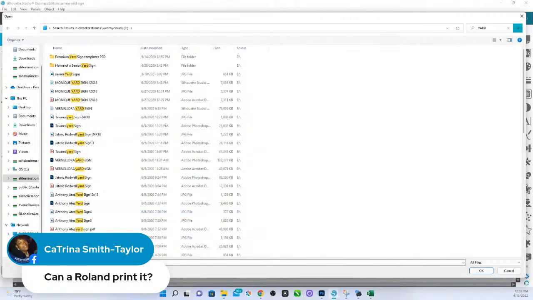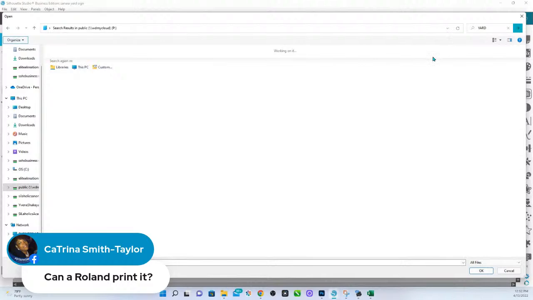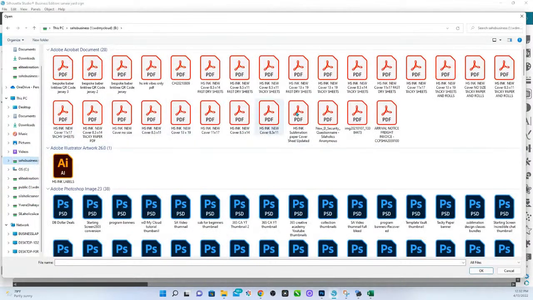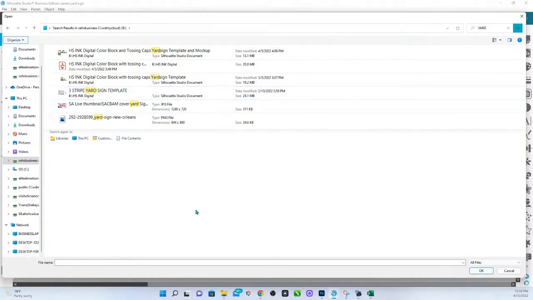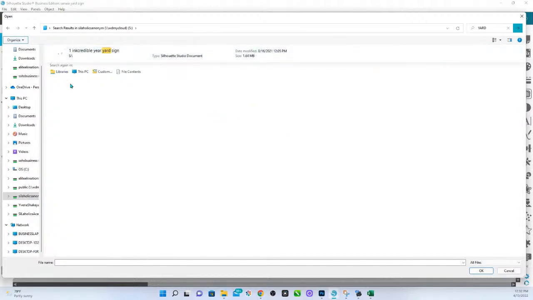Where are you? Why are you not coming up over here? Are you over in public? Let's see. Yard. Why is it not coming up in the folder that it should be in? Okay. I doubt it's over here. Where are my yard sign templates? No. All right. I have no idea where my yard signs went, but what I can show you is the